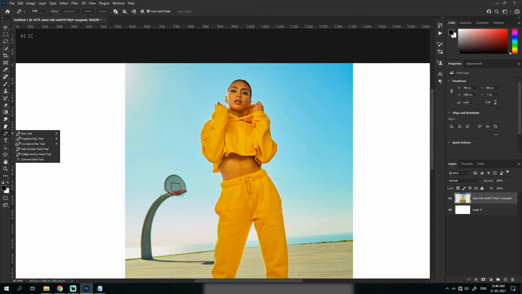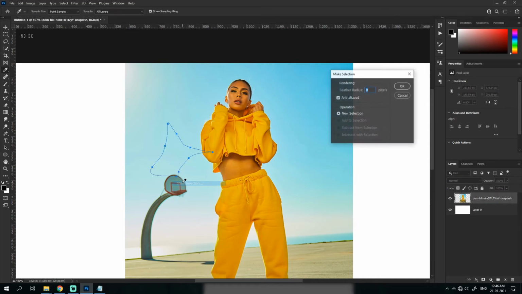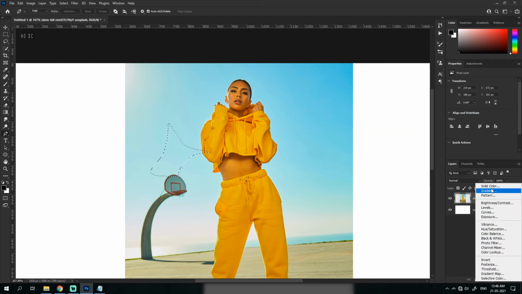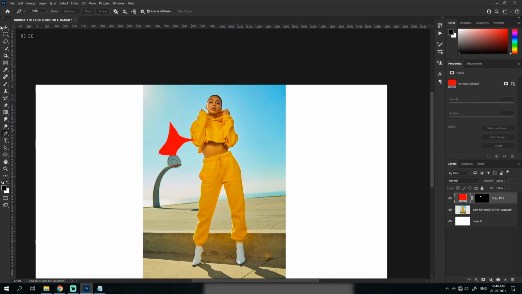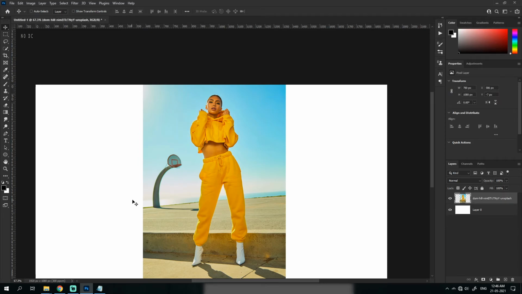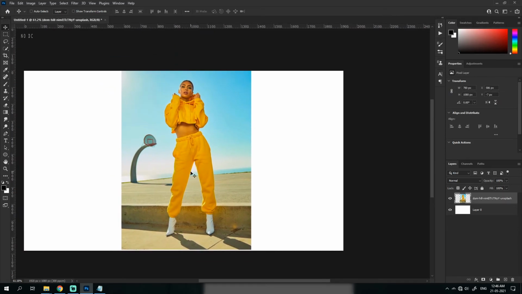And then there's also other tools, but I don't use them. I've never used this section. I've only used the pen tool. And just like this, you could just drag it, go around, just to make some selection. For example, I can just go and create some selection like this. Make selection, enter, press solid, and you could see some weird shapes if you want to make it. Let's delete this. So those were the selection tools.